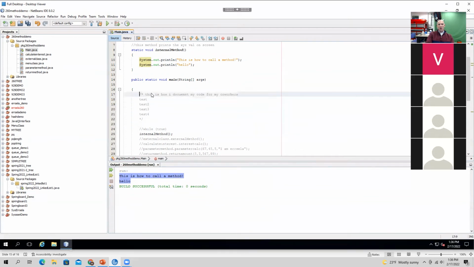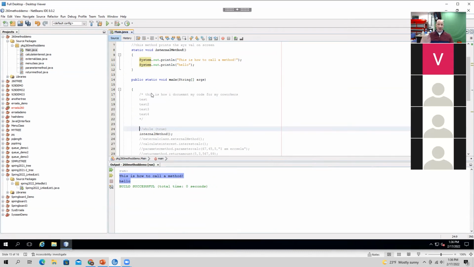And now we have this coding here that's going to tell our programmers, our coworkers, this is what I did with this. This is how I did it. If you need to edit it later on, say my project is taken over by you later on because I got a promotion and you got a promotion, you're not going to have to go grab me to figure out this code, right? You're going to be able to read my instructions and do that. That's what employers want to see.